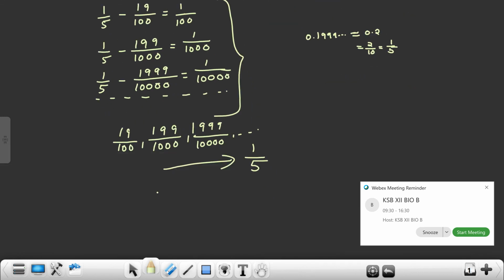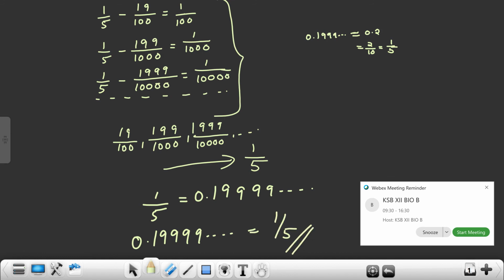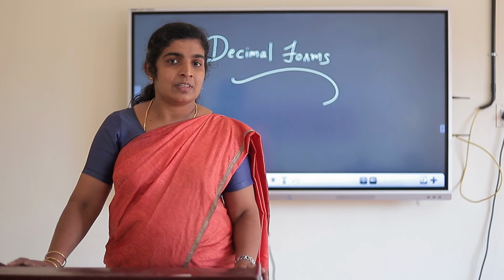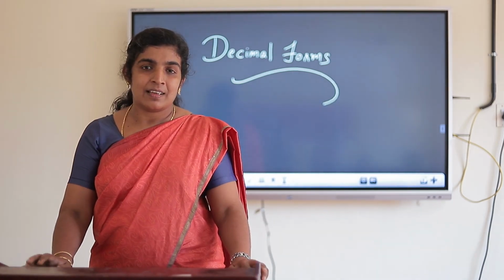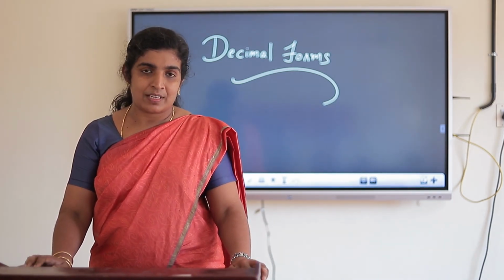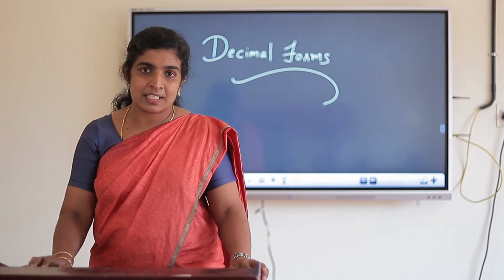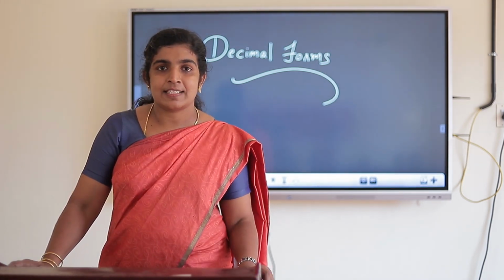So we can say that 1 by 5 is equal to 0.1999 etc. So the fraction form of 0.1999 etc. is equal to 1 by 5. I hope that all of you understood. In this chapter we studied conversion of decimals into fractions and fractions into decimals. On the next episode we can see with another